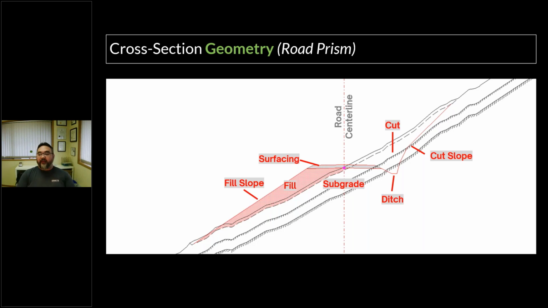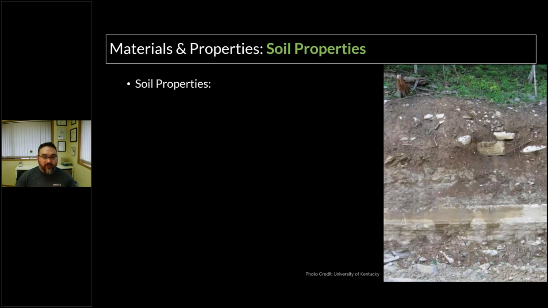So what's the most important thing when we're thinking about how we're going to build a road? Well, it's the soil. It's the soil or the rock. It's what we're actually building in, and we need to understand those soil and bedrock properties, because they're going to impact things like your cross-section geometry, the footprint of your road, the erosion potential, mass haul, the movement of materials, and the lifespan or the maintenance required over the lifespan of the road, and even things like control points, like where do we want to avoid, where do we want to be, and of course all of those things tie